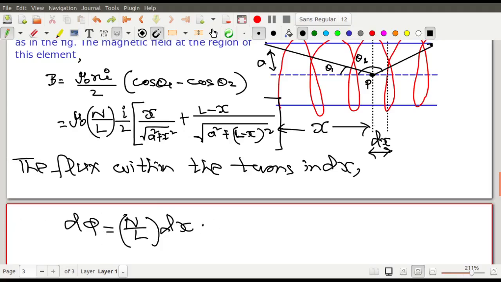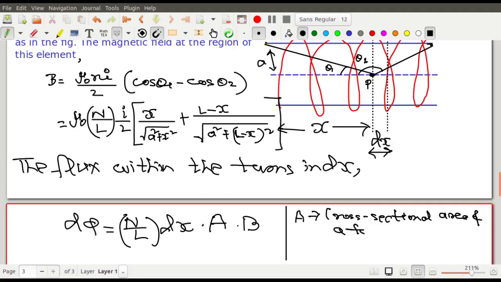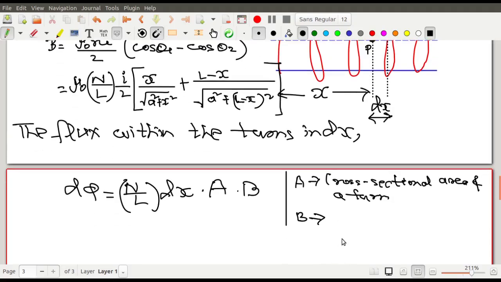So n is done. Now area, what is the area over here? What is the area? So let A be the area of cross section, which is nothing but pi a square, and the magnetic field B is how much? So B is this one only. এখানে দুটো জিনিস আমরা অ্যাজিউম করেছি, A is the cross sectional area of a turn, and capital B, you see I have made an assumption over here also, এখানেও আমরা একটা assumption করেছি, and the assumption is that capital B, right, is assumed to be constant,